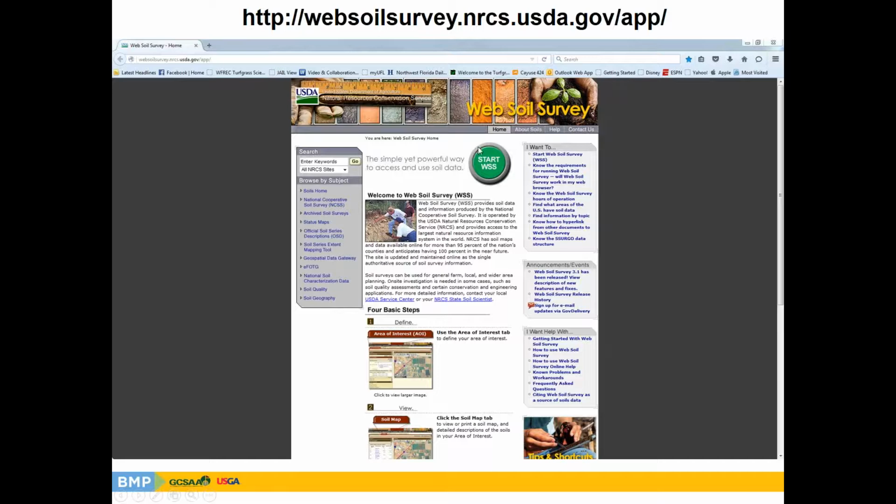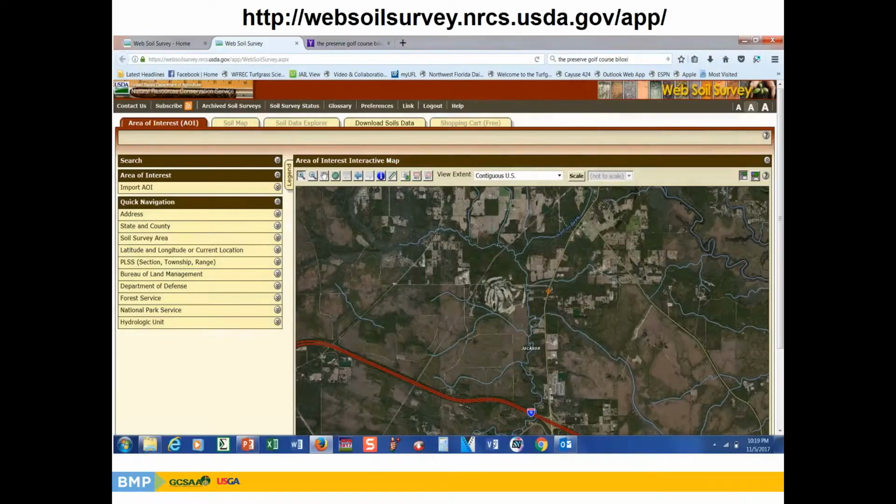There is actually a smartphone version of this, although about a week ago it stated that it needed to be updated for the new iOS. But anyway, this is Web Soil Survey, and you can do this from your computer, assuming it's GIS or the positional attributes of your computer set up, or again with your smartphone, and you can click on this Start WSS, and I'll take us over here to Mississippi, a golf course that I was kind of looking at,